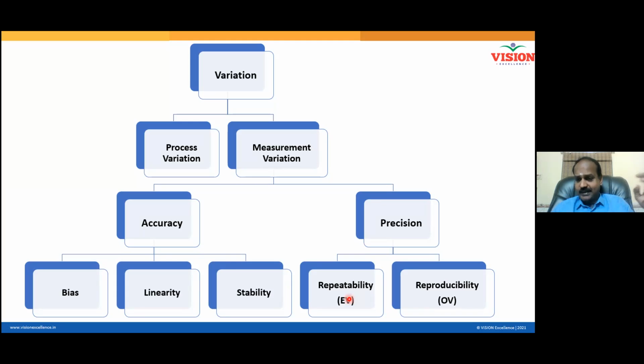We both are measuring the same product and we are using the same equipment. We both were given the same instruction. But in spite of all the efforts, I give one reading and Surajit gives another reading. That is another source of variation and inconsistency. That error is called reproducibility error. In terms, the error within a single appraiser is called repeatability. The error between multiple appraisers is called reproducibility.